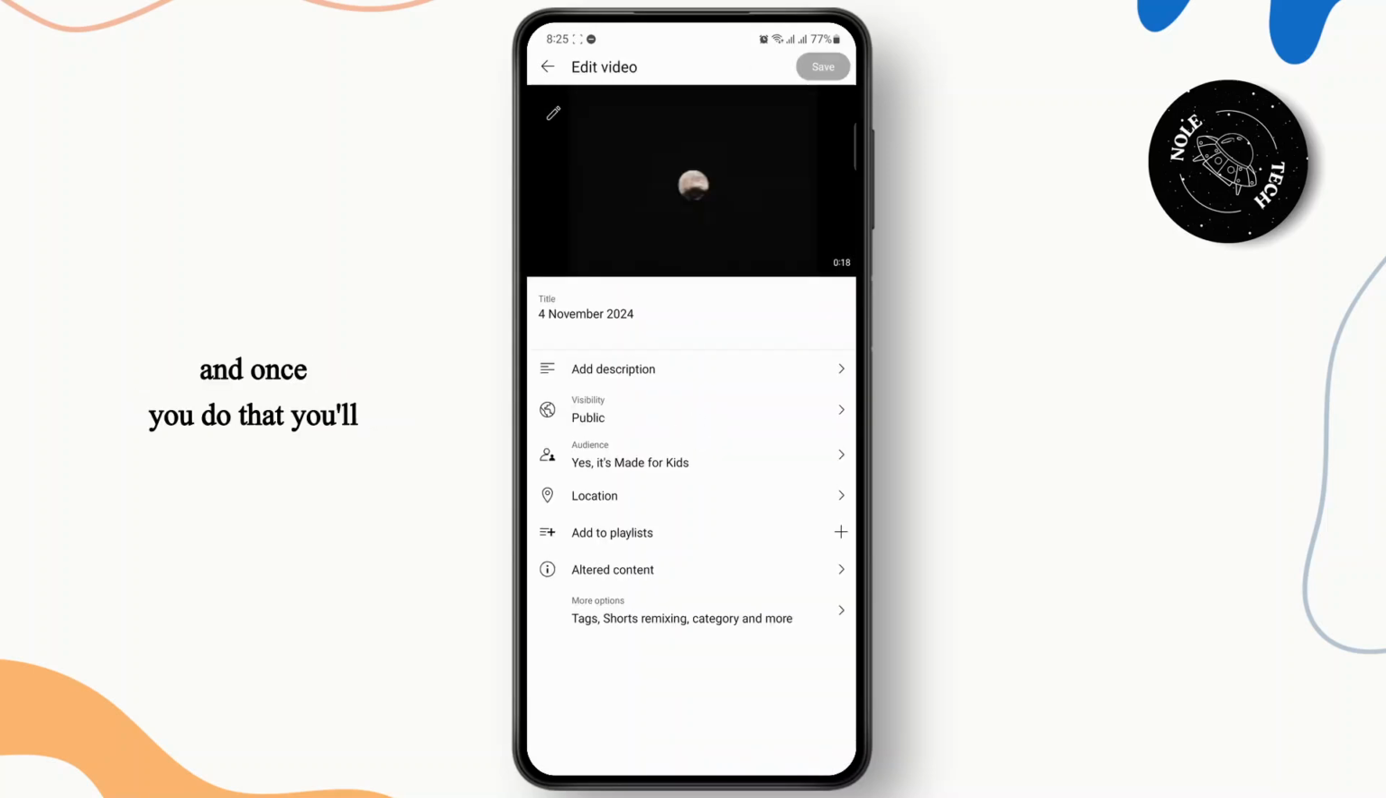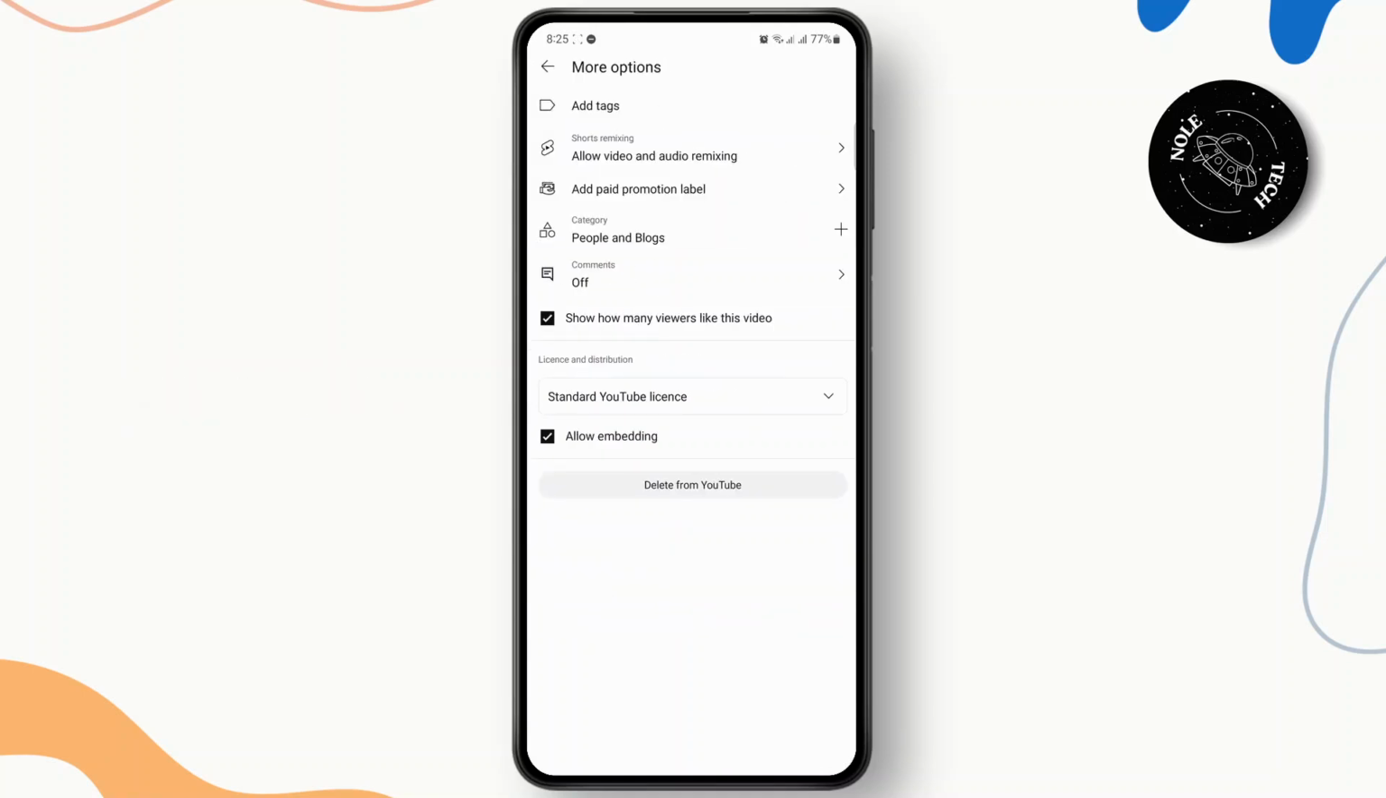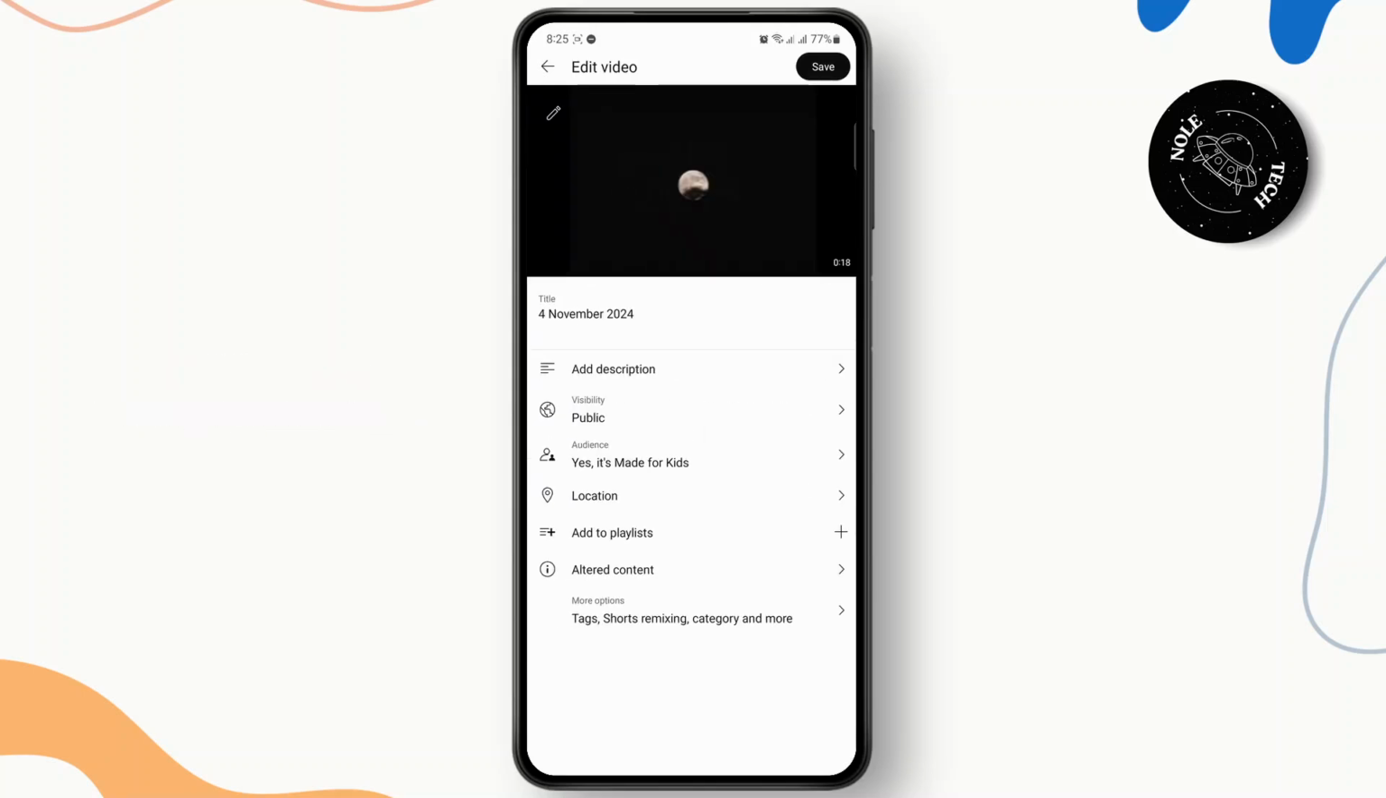And once you do that, you'll be taken to another page here where you have an option for tag shorts and remixing. So tap on this. And all you have to do is now tap on this option, allow embedding, and turn it off. Now, once you've done that, your viewers will not be able to remix the video or download it for their